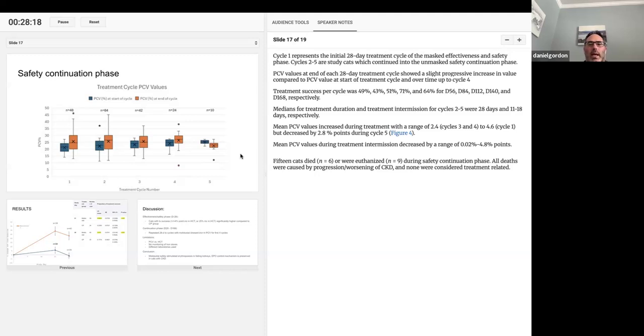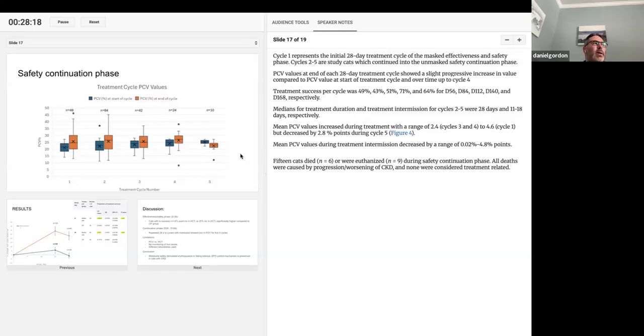When we look at the intermission phase or that transition phase, and each cat went through that through each cycle, they had a drop in PCV anywhere from 0.2% to 4.8 percentage points. And that can be quite significant in a 7-day period, if you're dropping by almost 5 percentage points with your PCV. And so I think that begs the question: